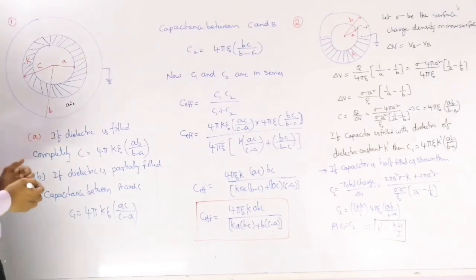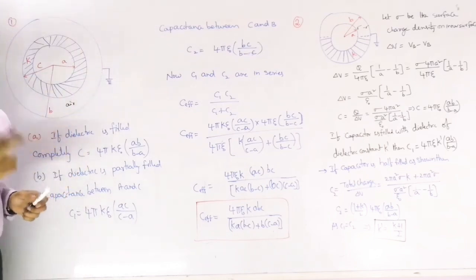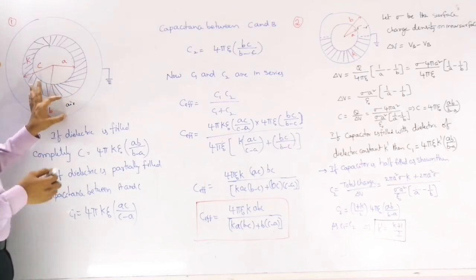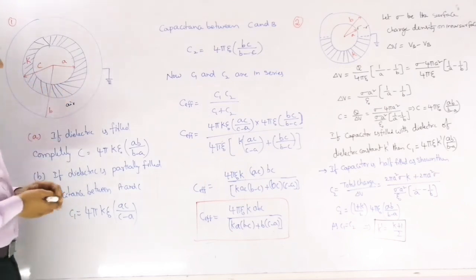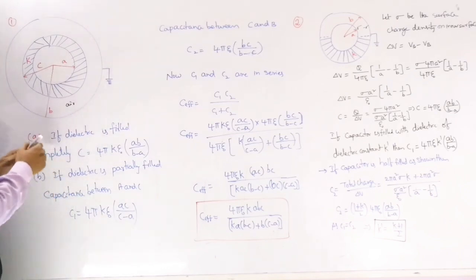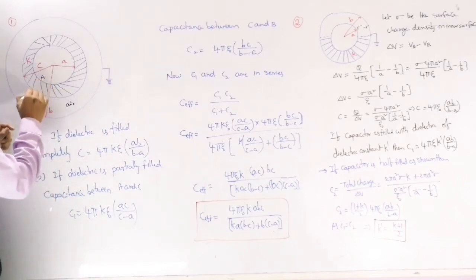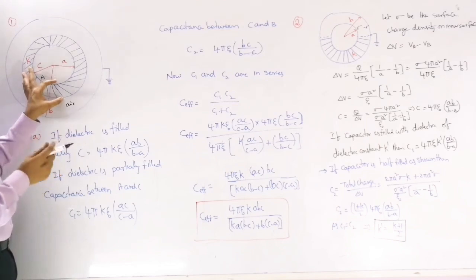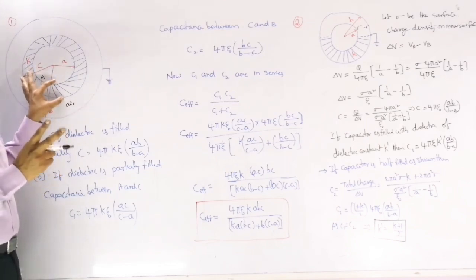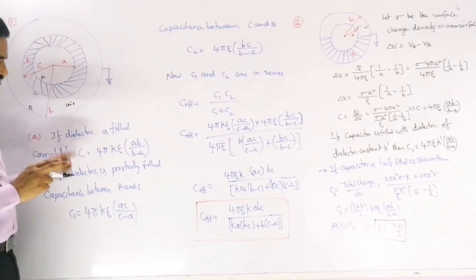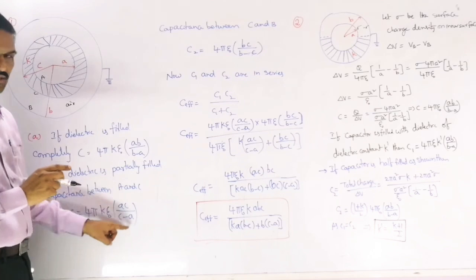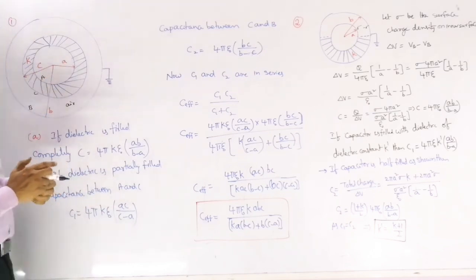So in that case we can consider it as two capacitors. Up to this you can consider as one capacitor, and between these two you can consider another capacitor. Suppose this is surface A, this is surface C, and this is B. Now the capacitance between A and C I am writing here. A and C we can treat as two concentric spherical shells completely filled with the dielectric. So I am applying the formula, 4 pi epsilon, K epsilon naught into AC by C minus A. Only these two surfaces you need to consider.